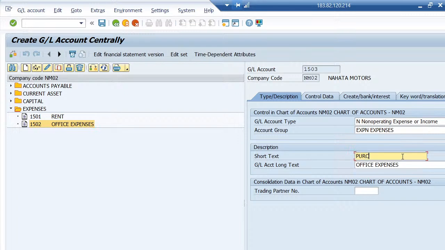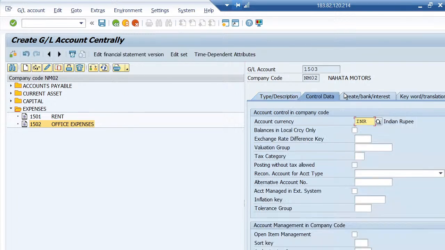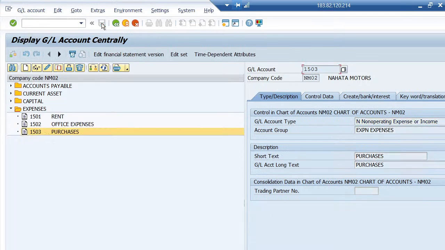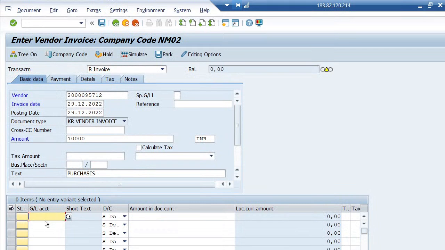Say purchases, okay, save 1503. So 1503 is purchase account